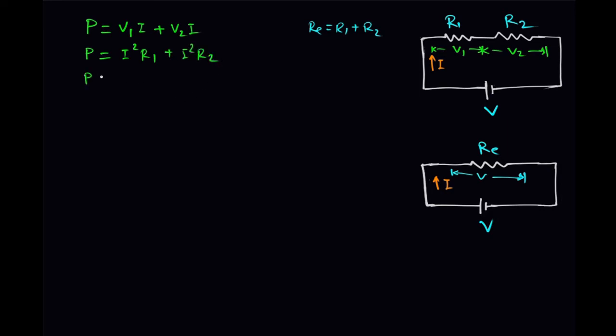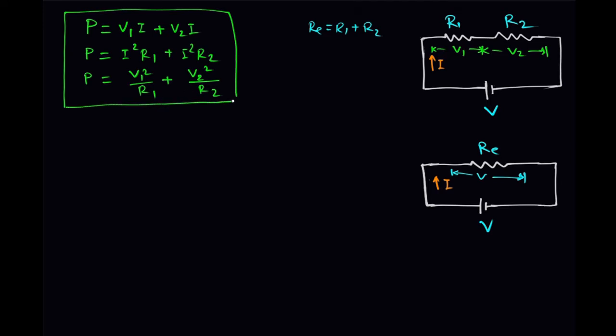Also you can write P is equal to V1 square divided by R1 plus, similarly for this resistance, V2 square divided by R2. These are the three formulas. Using these three formulas we can calculate the individual power consumption and add up those two, and we will get the total power consumed in these two resistances. This is for resistance R1 and this is for resistance R2. Similarly here, this is the power consumed in resistance R1 and this is the power consumed in resistance R2.